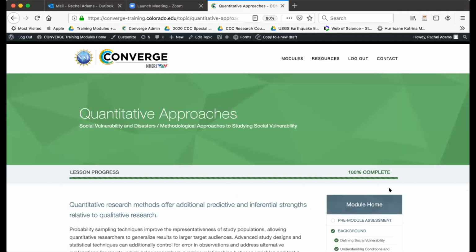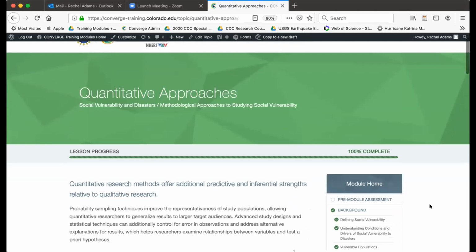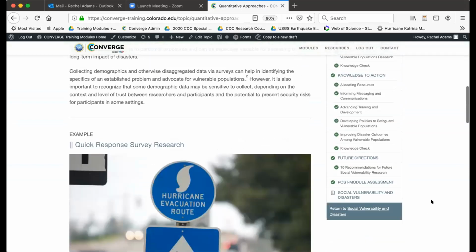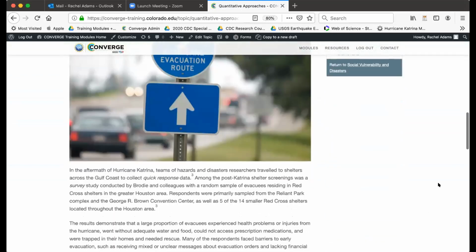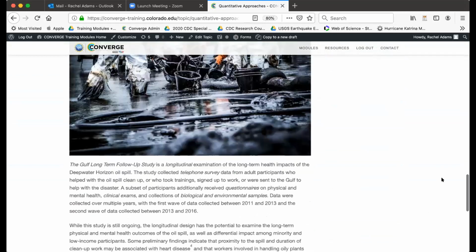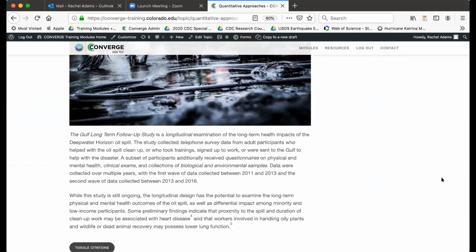In this next topic, quantitative approaches, other case studies are presented to highlight common quantitative methods used to study social vulnerability. For example, the Gulf Long-Term Follow-Up Study is a longitudinal examination of the long-term health impacts of the Deepwater Horizon oil spill. The study collected telephone survey data from adult participants exposed to the oil cleanup. A subset of participants additionally received questionnaires on physical and mental health, clinical exams, and collections of biological and environmental